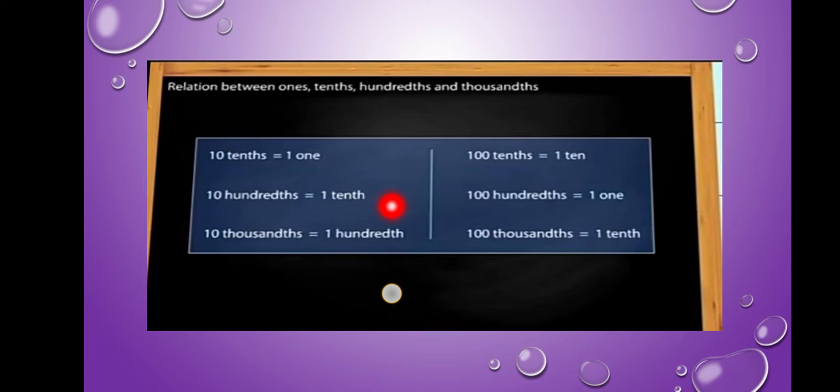10,000th. That means 10 into 1 by 1000, and it will be equal to 100th. Then here we have 110th, that means 100 into 1 by 10. Then we will be getting 110. Same way, 100 by 100 into 1 by 100 is equal to 1. Then 100,000, 100 into 1 by 1000, that's equal to 1/10. Kindly check these answers in your rough copy.